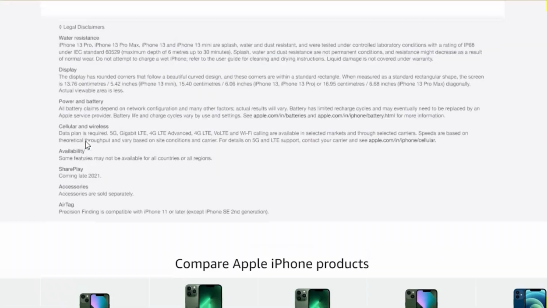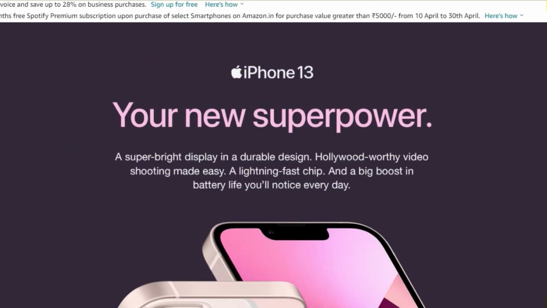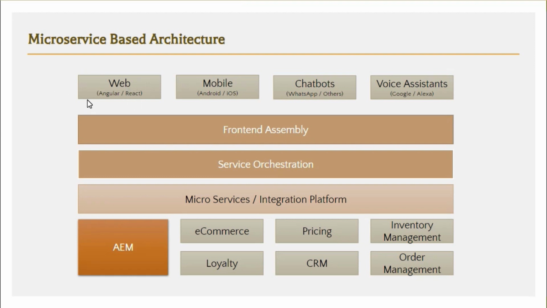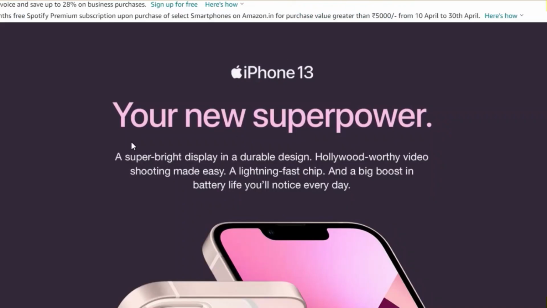So now if we have to render this particular page in the UI, in this web application, then we'll have to call multiple systems, right? Multiple systems, consolidate all those APIs into one view and send it to this front end application so that this layout could be rendered, right? So this entire assembly,